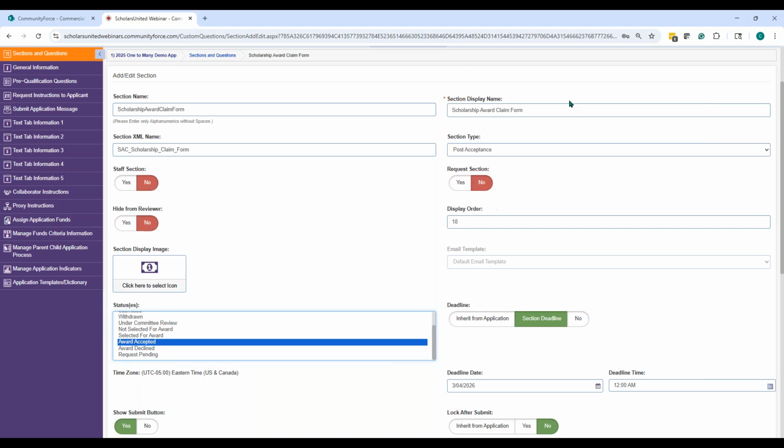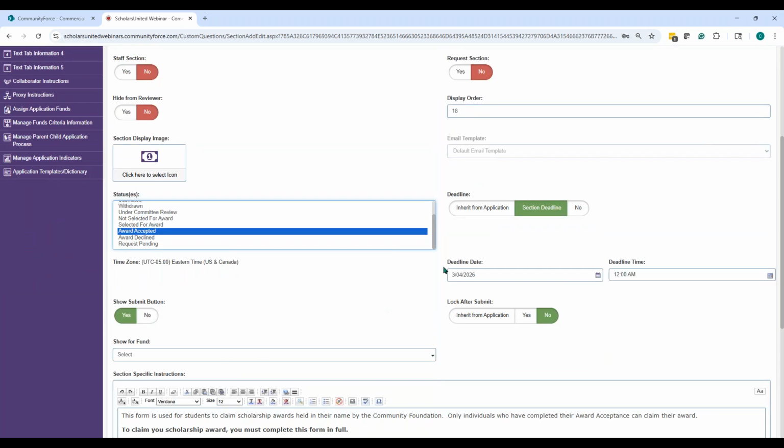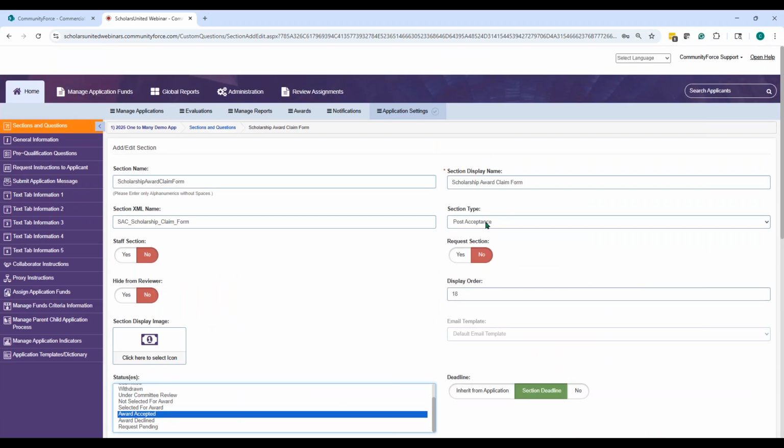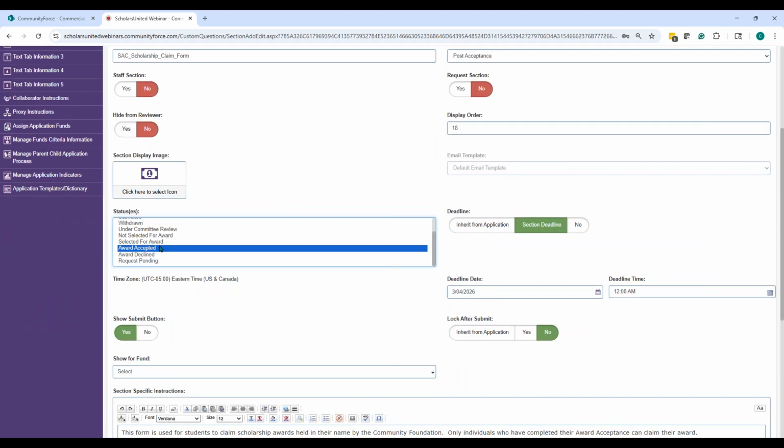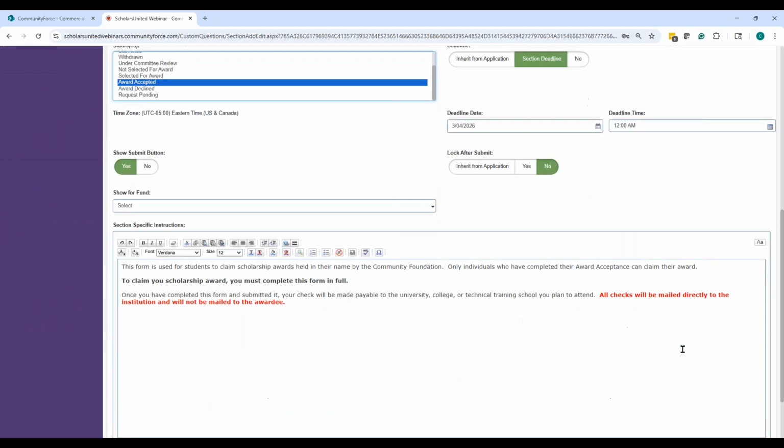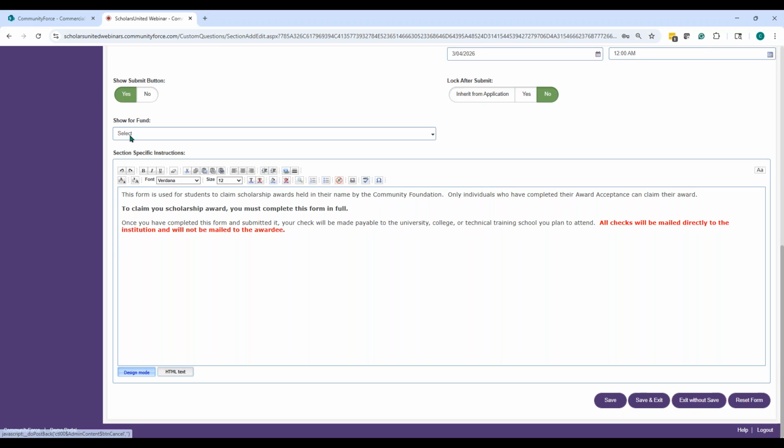And then there's also a special report, because you're going to say, well, how do I know they've completed it? There's a special report that we're going to talk about in a minute that helps you see what's been submitted. As long as it says post acceptance, it's going to show on that report. Status and then deadline, those are the key elements, and a submit button, for building a post accepted section.